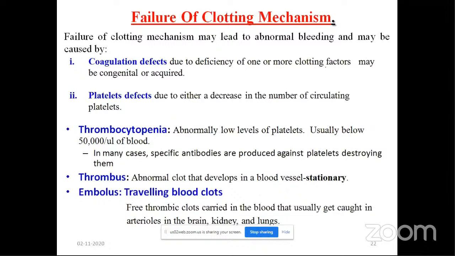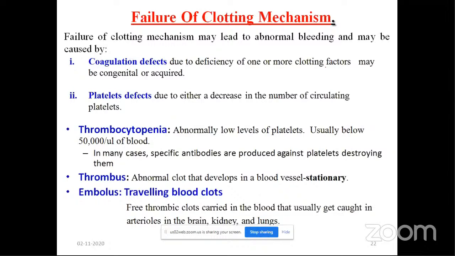The thrombi get dislodged and migrate to other organs like the heart, causing heart attack, or going to the brain, causing brain attack or stroke, or even lodging inside the lungs, causing pulmonary embolism. So all of these thromboembolic disorders lead to many health issues, cardiovascular problems, heart attack, stroke, etc. I just wanted to make it very clear that the danger from failure of the clotting mechanism is very small compared to cardiovascular problems, which are very important lifestyle disorders today.